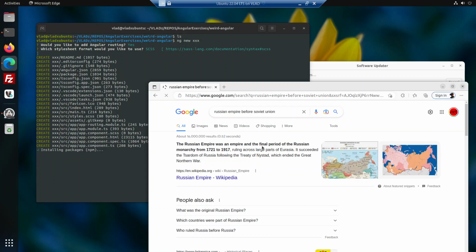The Russian Empire was an empire in the final period of the Russian monarchy from 1721 to 1917. So this is, I think, after World War. No, this is World War. I think this is in the middle of World War One or after,